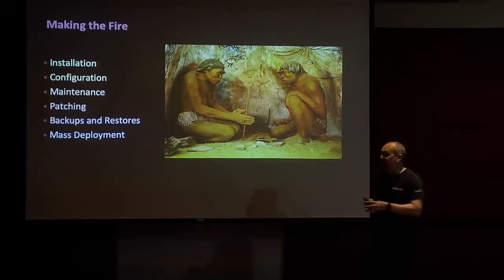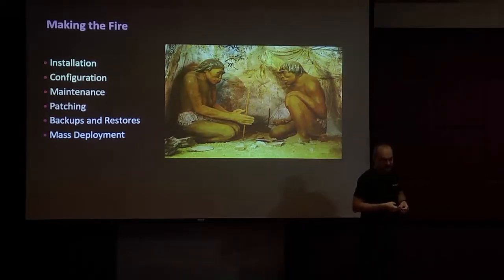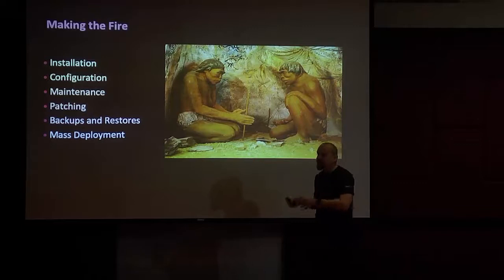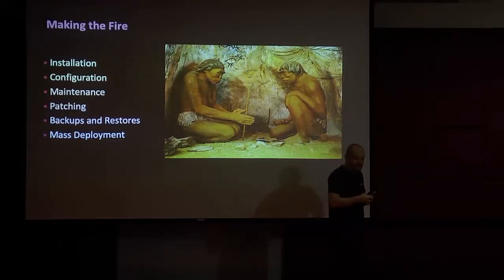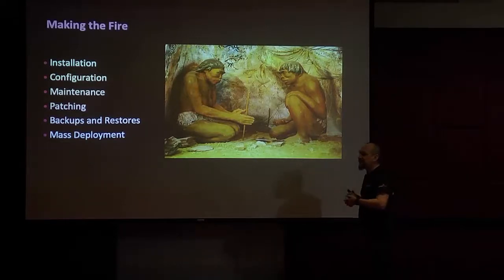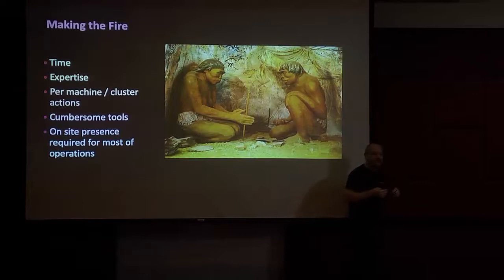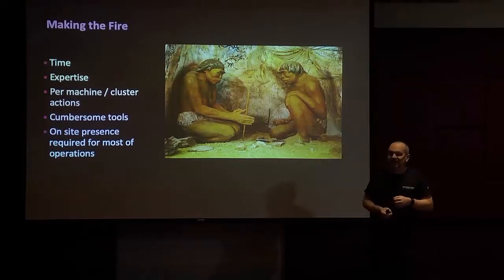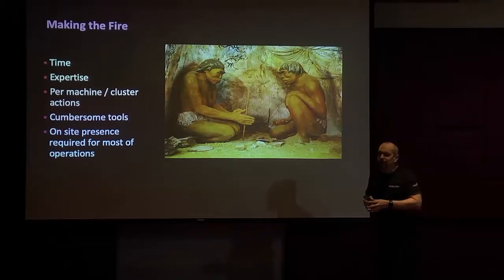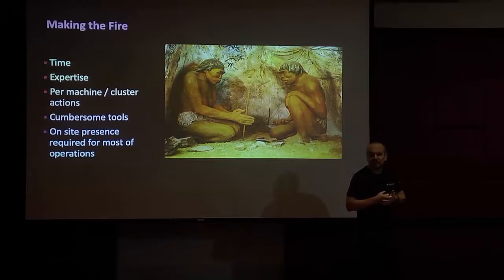So all the tools that you use on the field, if you're a technical consultant or end customer, or you're helping your customers to do installations, configuration, patching, backups, restore, deploying the gateway, making changes on the deployments. It used to be very cumbersome. It used to take lots and lots of manual labor. It used to take enormous expertise. You would have to master all the tools, Web UIs, Expert Shell, CLISH, and other things. And well, I was doing it for the last 15 years, and I was sometimes feeling like a caveman,